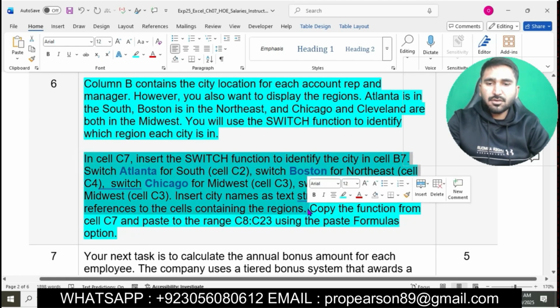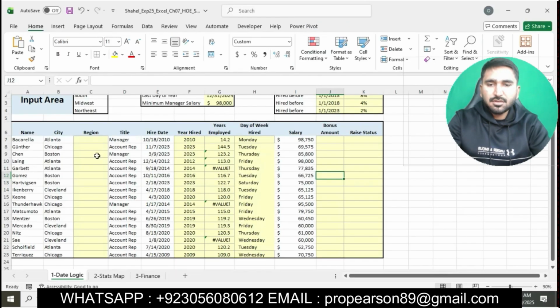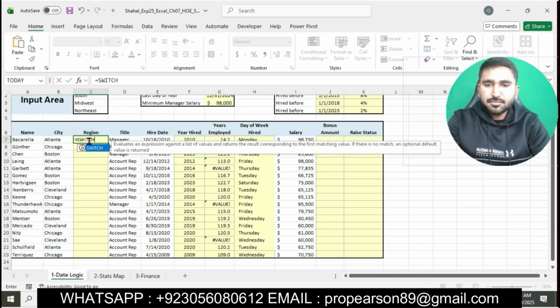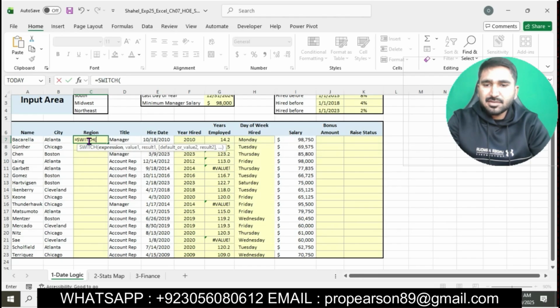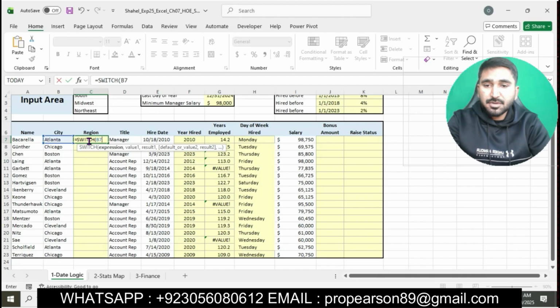Okay, click on cell C7, then we'll insert the switch function to identify the city in cell B7. Press equal to, and then we'll enter the switch function. Now we will enter this complete statement: B7, Atlanta,